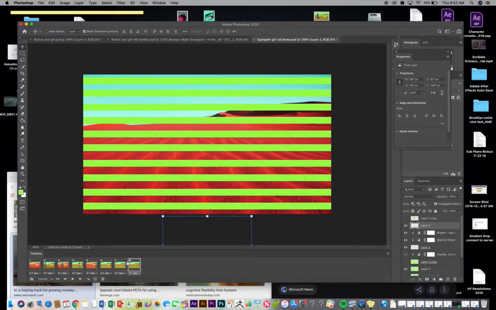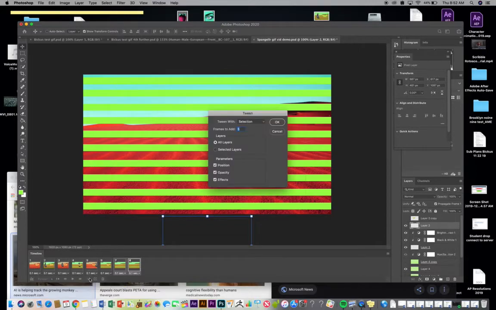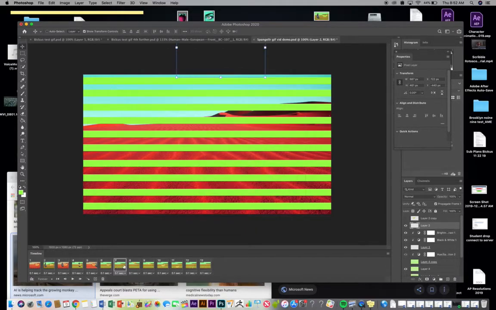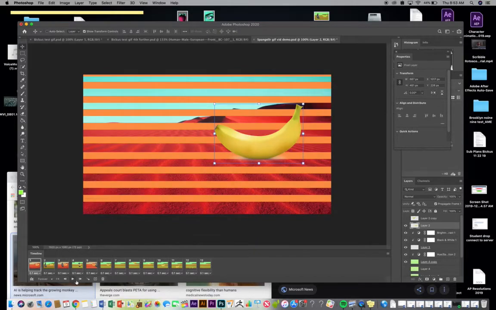Now we're not going to see that movement unless we do something. What we're going to do here is shift select those two cells, and go here to this tween function. So I turn on tween, and I say, how many frames do I want to add? Maybe 5, right? Hit OK. Now what you're going to see is between 7 and 13, it's going to automatically create those animated parts. So you can see it move through, right? Boom, boom, boom, boom, boom. So that banana is just animating down. So now if I watch this whole thing, it'll go,